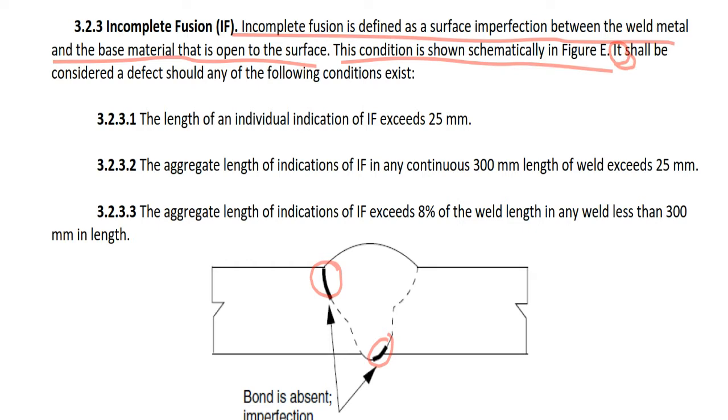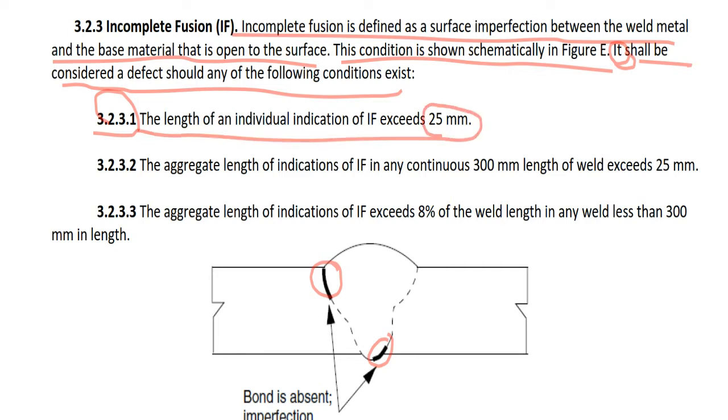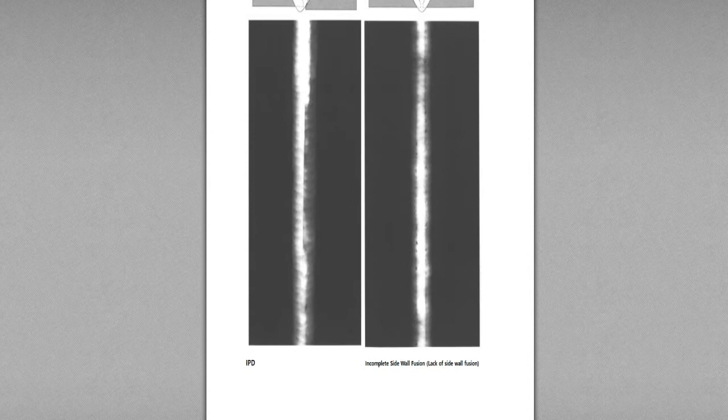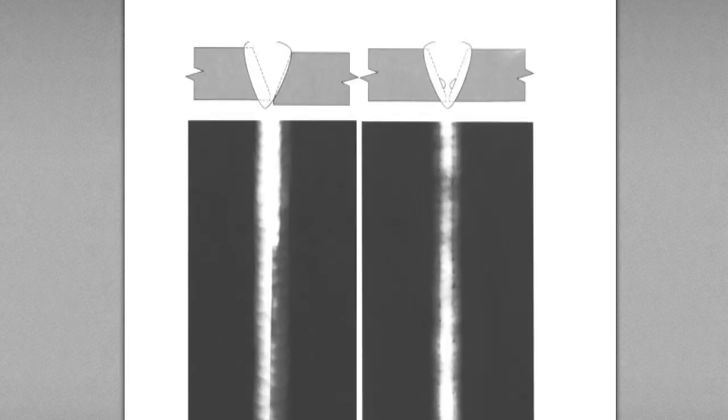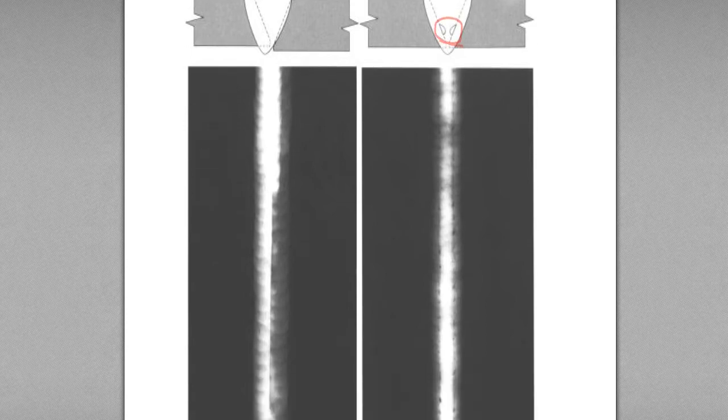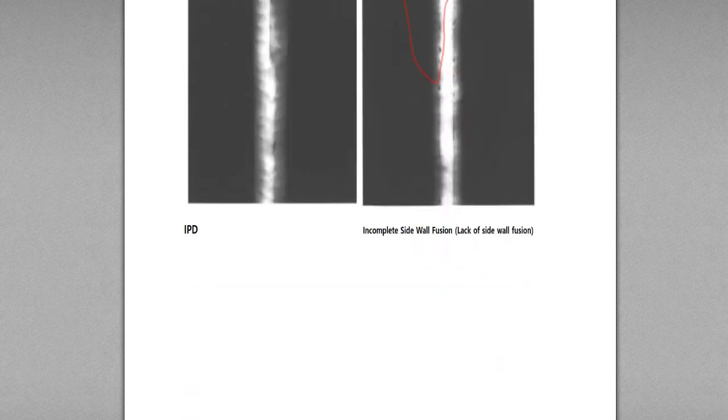IF, incomplete diffusion, should be considered a defect should any of the following conditions exist. 3.2.3.1, the length of an individual indication of IF exceeds 25 mm. So IF looks like here. This is incomplete diffusion on the side wall, and the RT film looks like here. Incomplete filling here, here, here, here, here. This is incomplete sidewall diffusion,